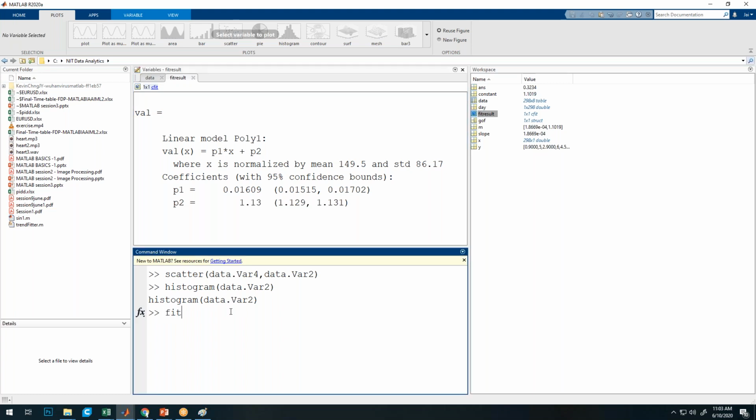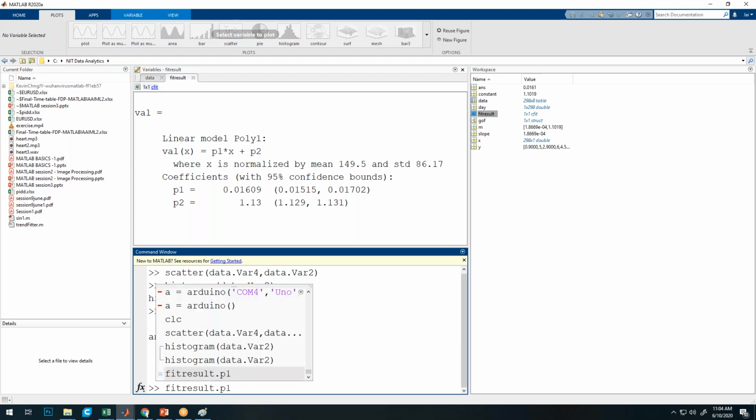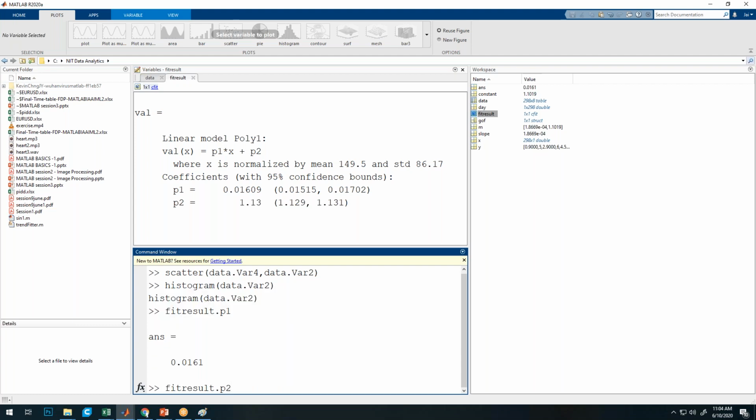We can use this data using fit result dot P1, and for P2 extraction we can use dot P2 in order to extract the coefficients. So P1 here represents the slope and P2 represents the constant part.